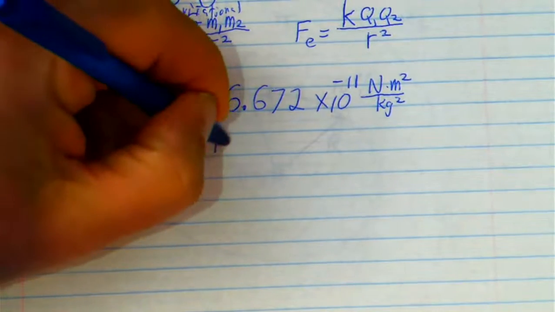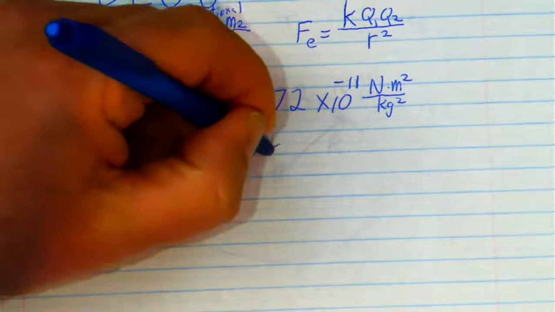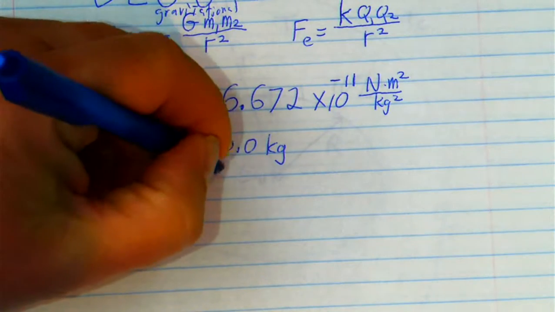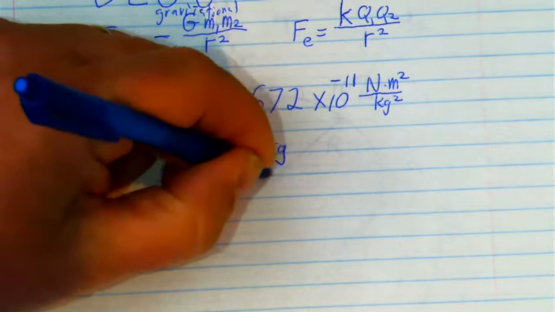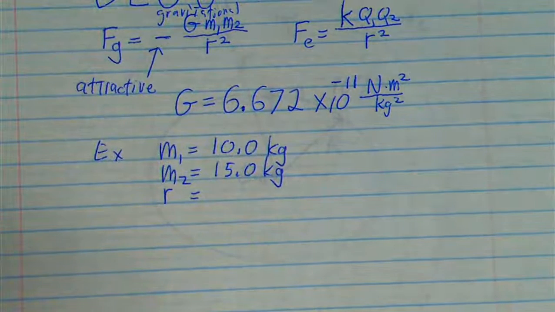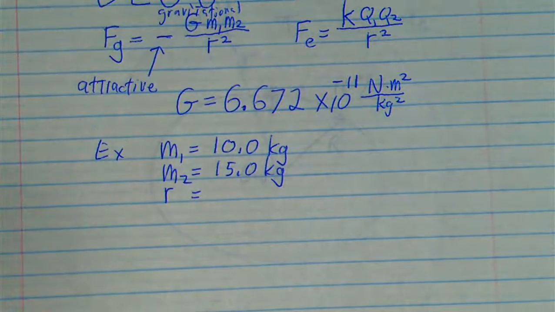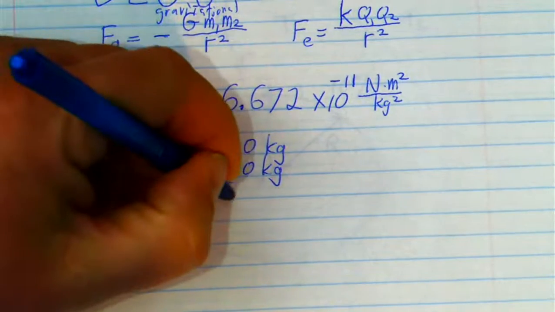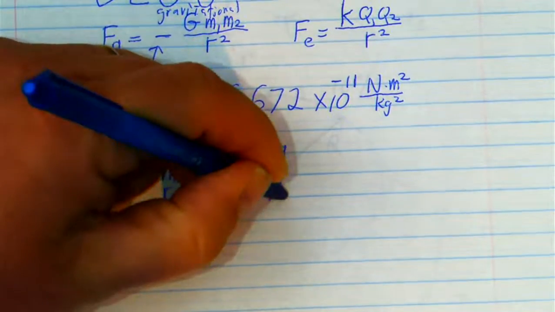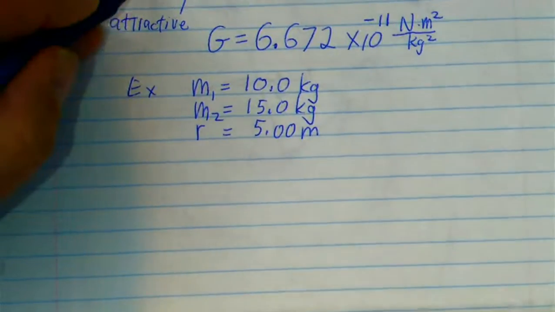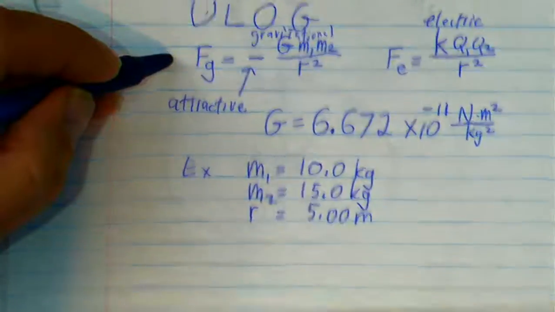For example, mass 1 has a value of 10 kilograms. Mass 2 has a value of 15 kilograms. And the distance from the center of one mass to the center of the second mass, a distance of 5 meters. All right, so plugging all of that in to calculate the force of gravitational attraction between them,